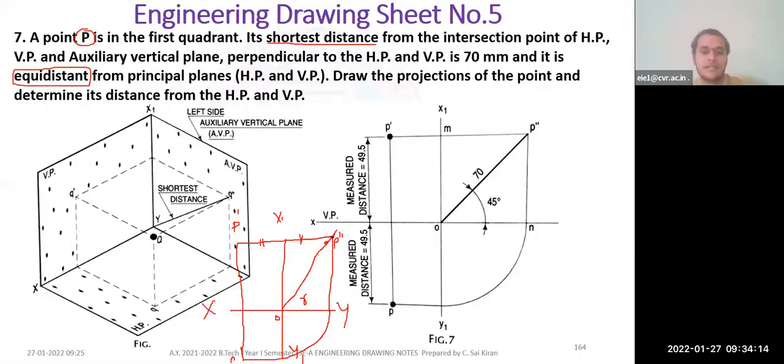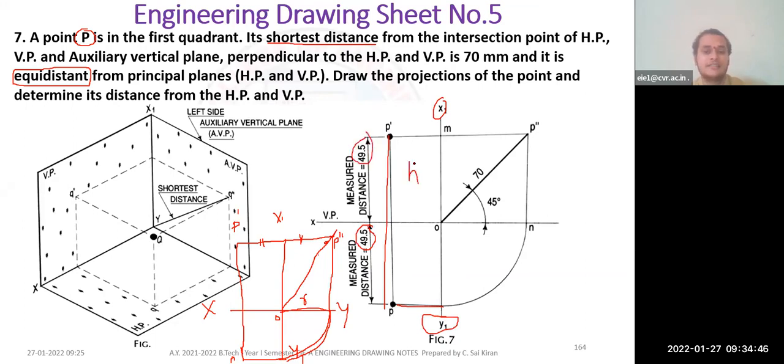Okay, so once again I'm explaining, you have to draw this vertical line and then measure. This is the radius. Keep your pencil pointer here and draw the arc. This arc should touch the X1, Y1 line. From here, draw the horizontal line. Wherever it touches, from this point, you have to draw the horizontal line and project this line. If you measure, it is exactly 49.5 mm and 49.5 mm. So it's nothing but